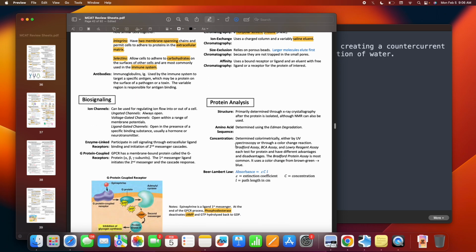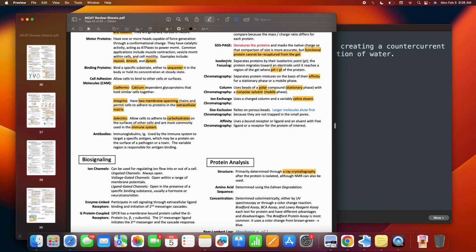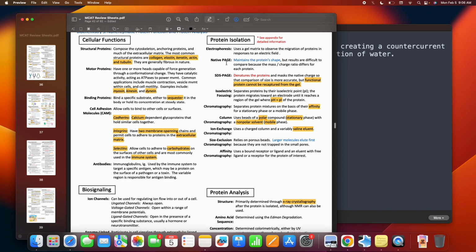And for protein analysis, the structure is primarily determined through X-ray crystallography after the protein is isolated, although NMR can also be useful. So X-ray crystallography, after you isolate the protein,